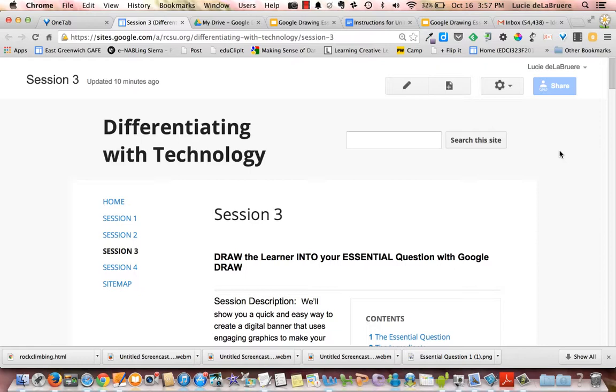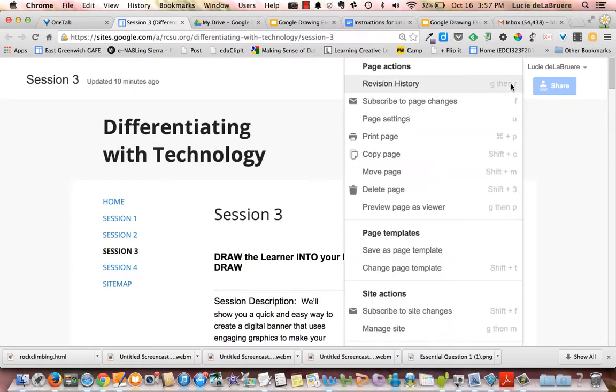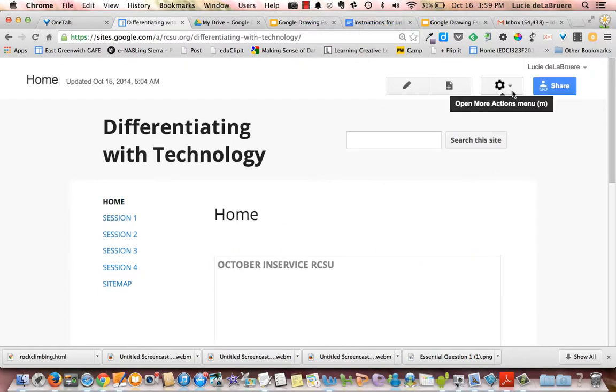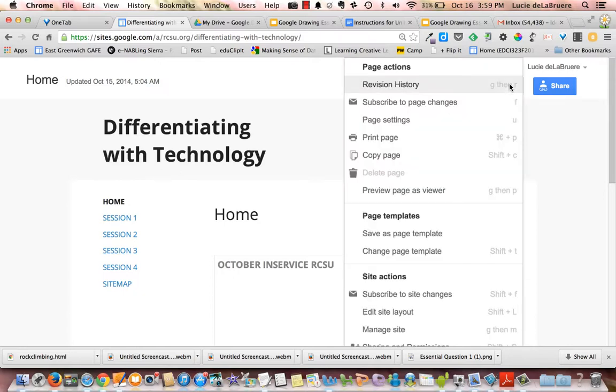The first way is to change the header so that it includes a logo. Let's do that and I'll show you how. The first step would be to go to the gear where you see more actions on your Google site, click on the gear and find Edit Site Layout. Edit Site Layout will only be there if you're the owner of a Google site, not if you're an editor only. So click on Edit Site Layout,